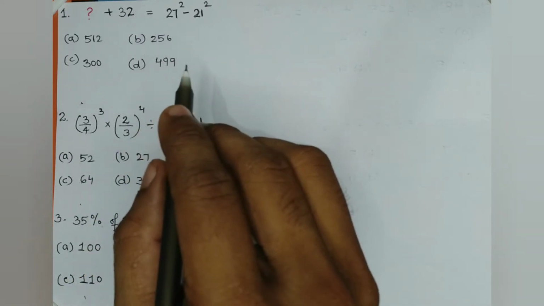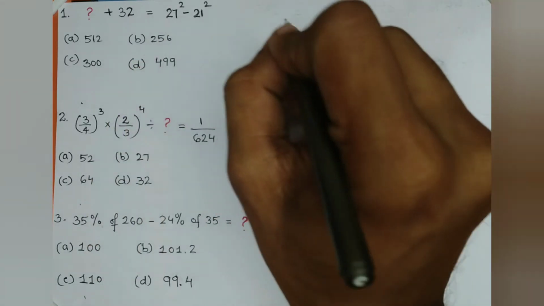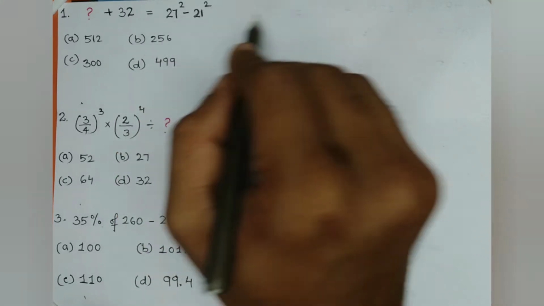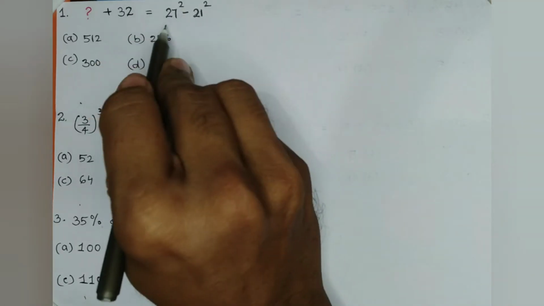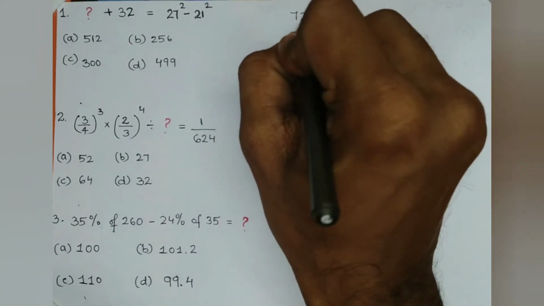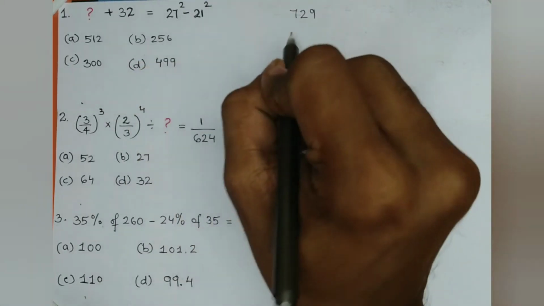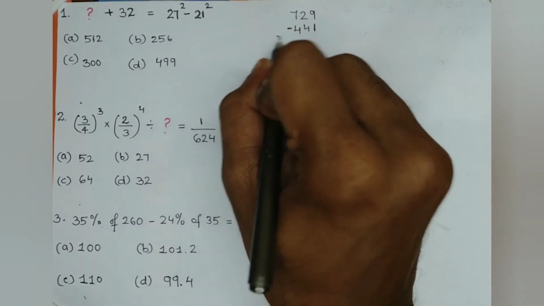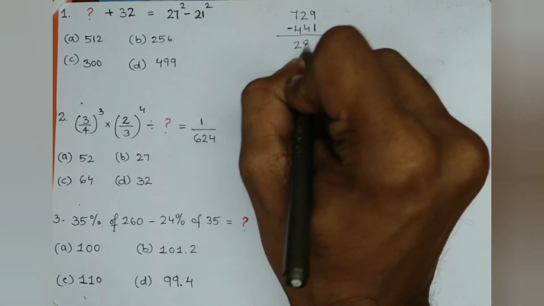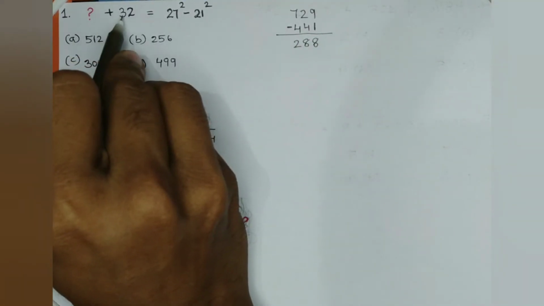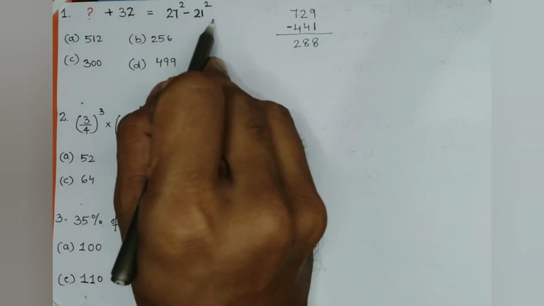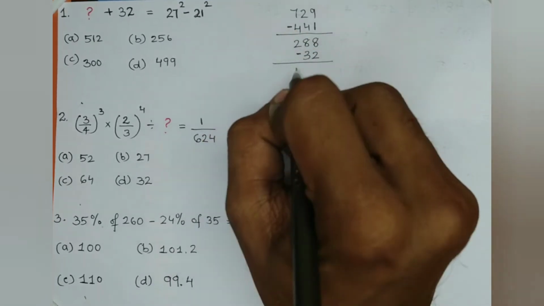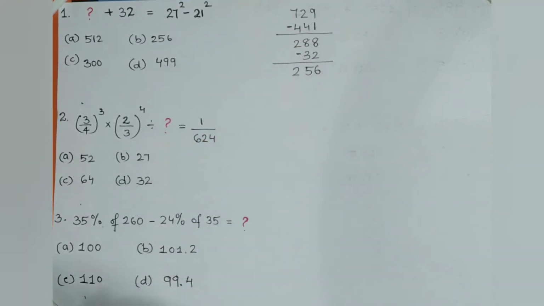So, what's the trick? In two ways, you can answer this question. Number one, if you know the squares of 27 and 21, you can subtract these. 27 square is 729, and 21 square is 441. You subtract and it gives you 288. Here it is 32 positive, and when it comes to the other side it becomes negative, so you have to subtract 32 from 288